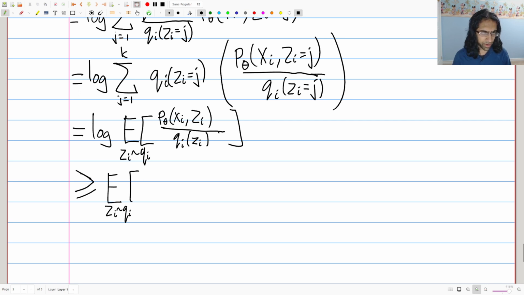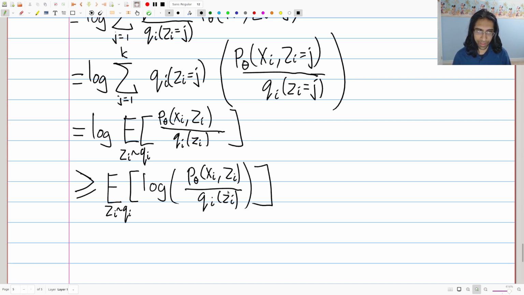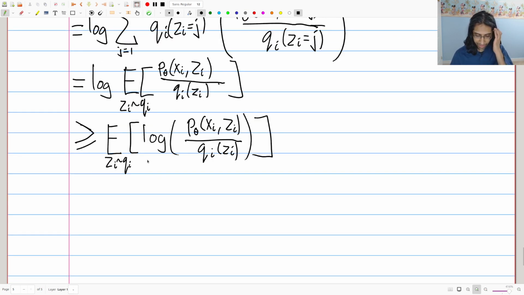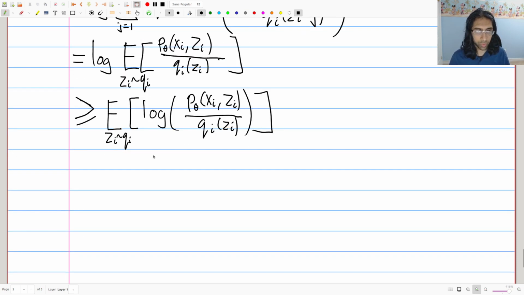I feel like I already mentioned it at some point. But either way, hopefully it's not too important for this. Just know that it holds here, and you can look it up if you care. Yeah, it lets you swap the order of this log and this expectation. It lets you pull it in. Because it's a function application and not just linearity of expectations, it's actually an inequality here. And then at this point, what we can do as a final step is basically expand this